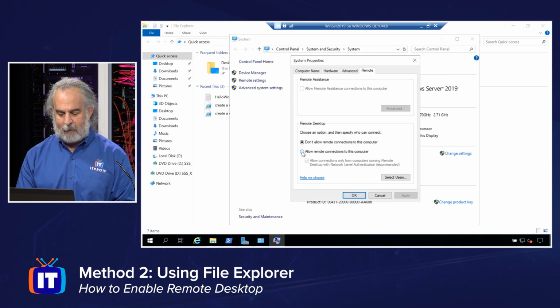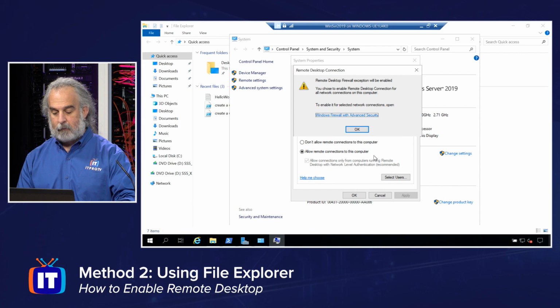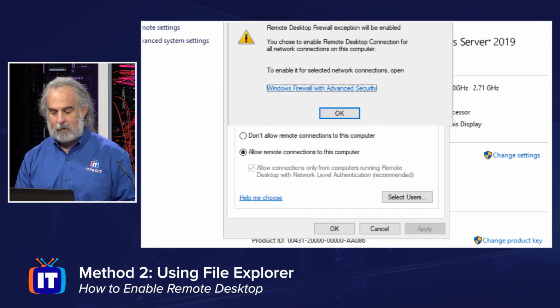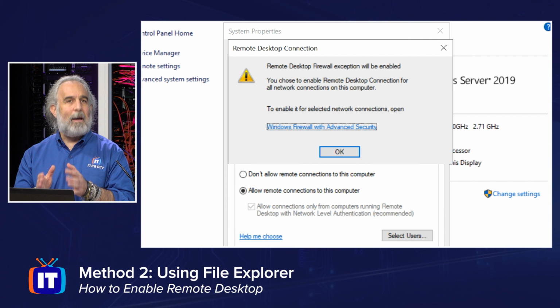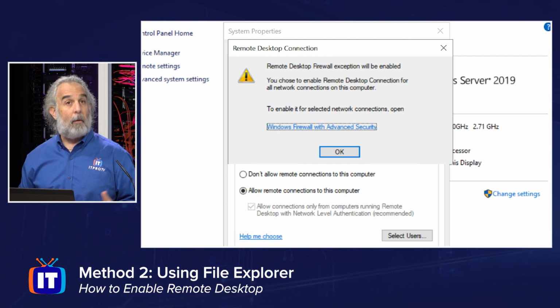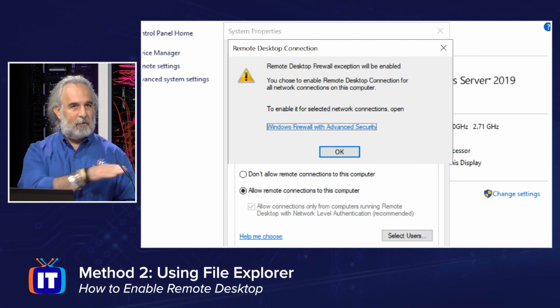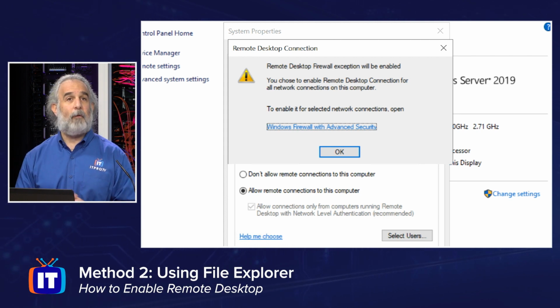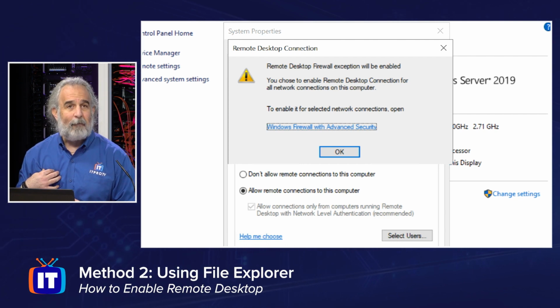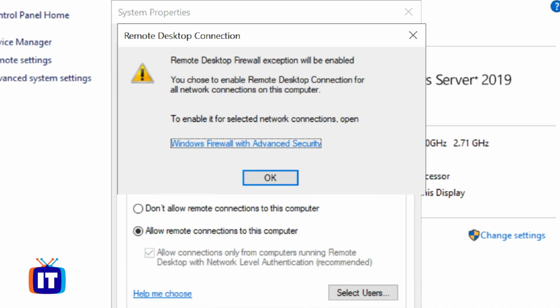Now, I can set this right from here, allow remote connections in, but notice when I do this that I have to enable what's called an exception. Essentially, I have to turn on a rule in the Windows firewall that will allow remote desktop connections to be enabled and therefore accepted into this computer. I don't have to worry about knowing how to do that. This solution, enabling it right here, will do this for me. So the configuration of the firewall is going to be done on my behalf, right? We can do it right from here, as you can see, and it'll be done for us automatically.